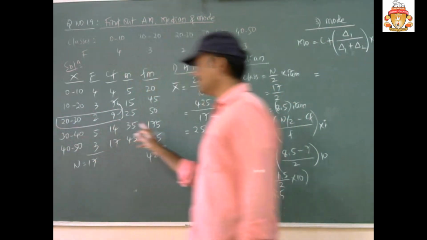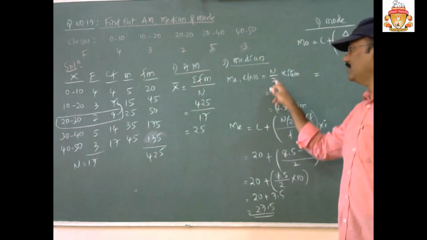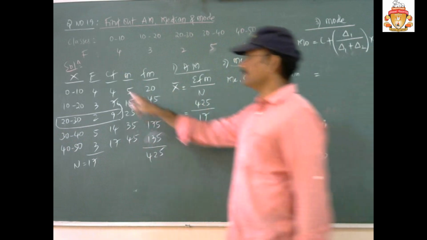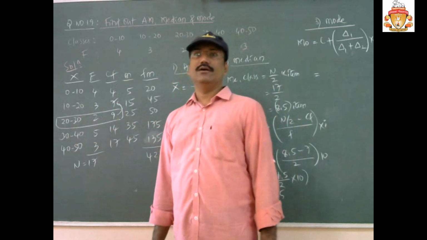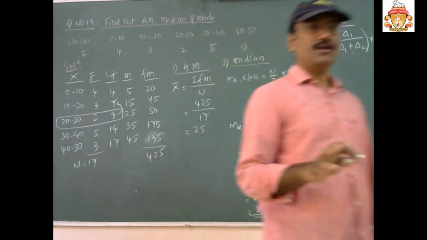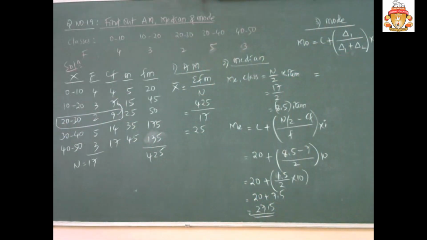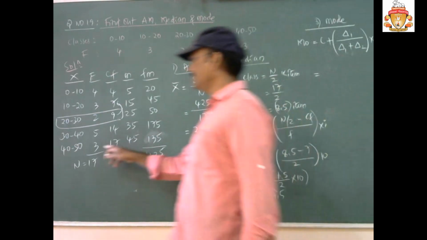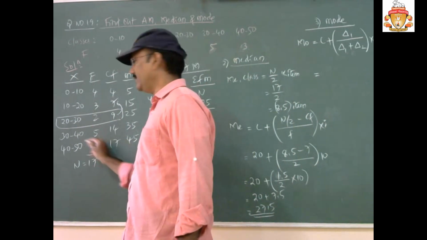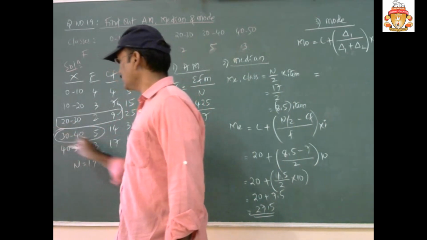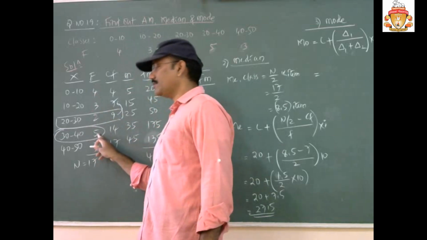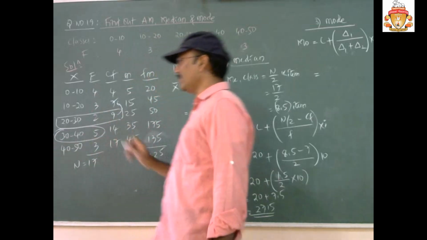See, the median class is identified by using the formula n by 2, and it is verified in the CF. Then the median is computed in that class. Like that, your mode is computed by using which one? The highest frequency. Which one is the highest frequency here? See, the highest frequency is 5. So 5 is the area of mode, because it is computed from the highest frequency. This was your mode area.